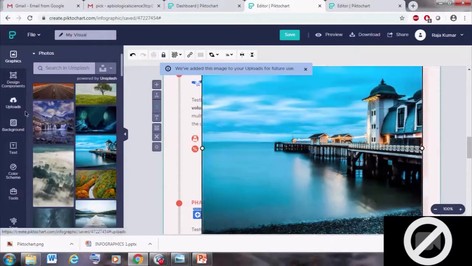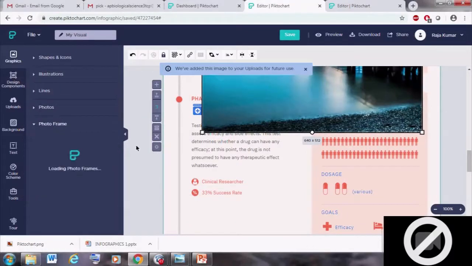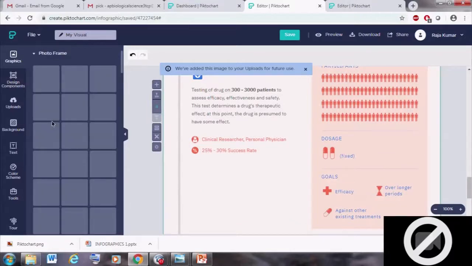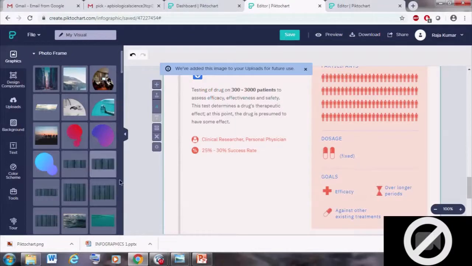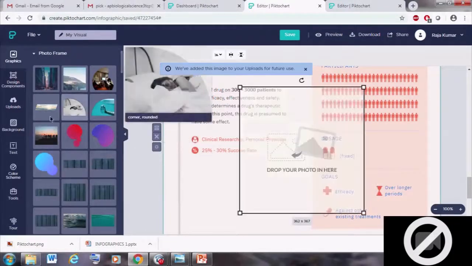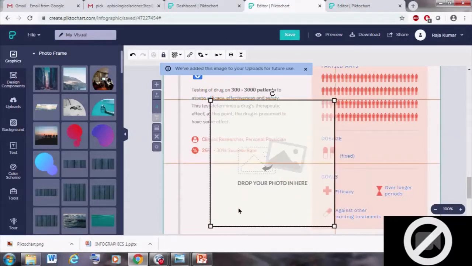And next one is a photo frame. So it is a photo frame. If you choose any photo frame from this tool, it appears in the infographic page, and in this frame we can use another photo.